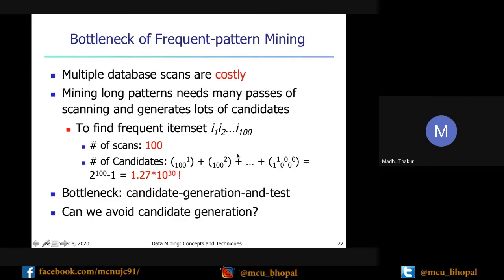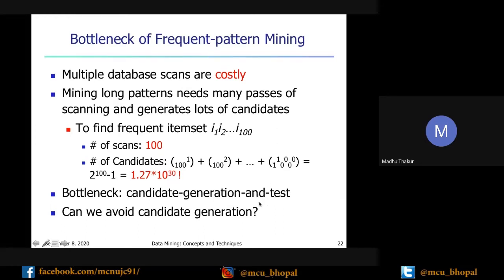If all are frequent, then one-item set pairing will be 10 to the power 2, two-item set pairing again about 10 to the power 2, and for all 100 items together it is 2 to the power 100, which is about 1.27 times 10 to the power 30. That much of combinations you will get. That is a very big figure, so your processor will be busy doing this kind of job. This is the candidate generation and test method.